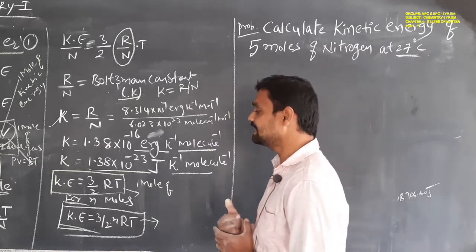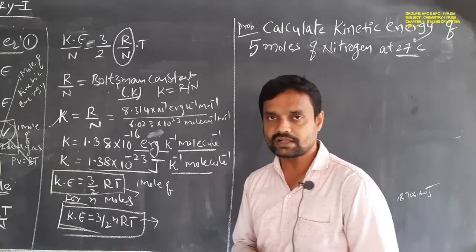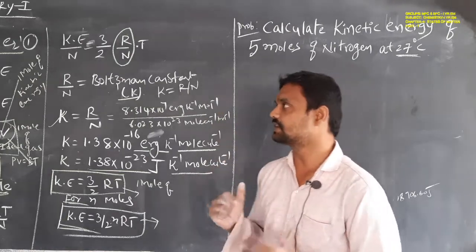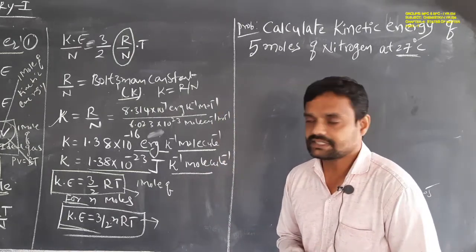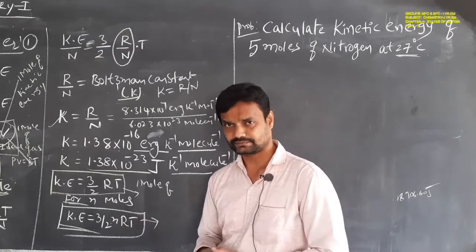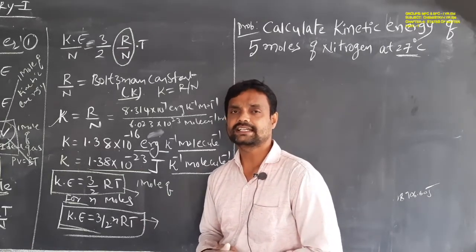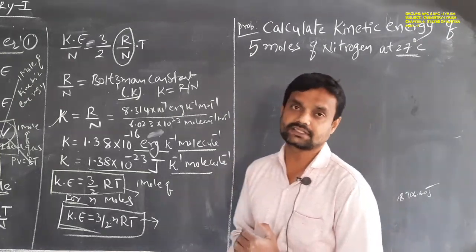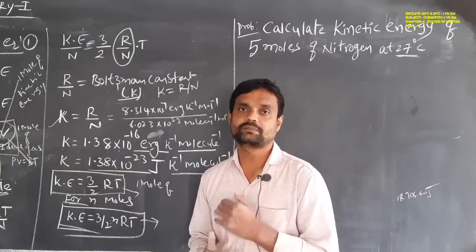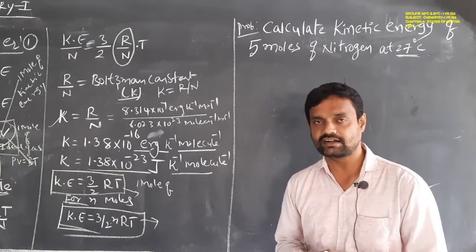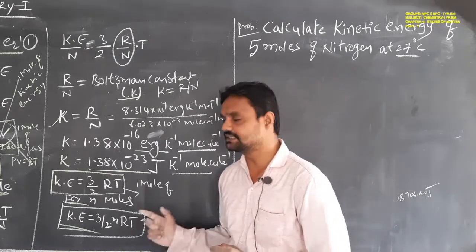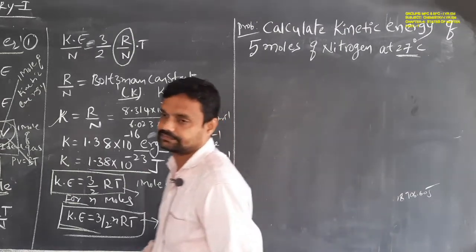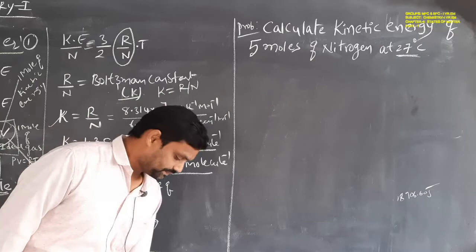This kinetic energy equation can be deduced from the kinetic gas equation. In the states of matter topic in this chapter, for kinetic energy of gases we should always use this one. You should forget the kinetic energy equation of half mv square. Here in the states of matter chapter, when they ask any problems on the kinetic energy of gases, you should remember this equation, that is 3 by 2 nRT. So, let us see one problem.